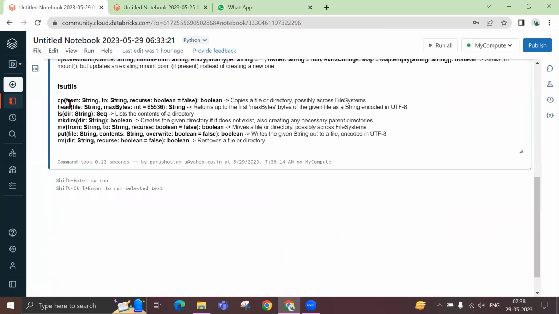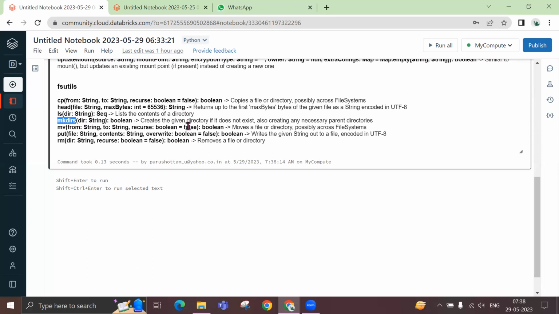So as you can see, we can copy the files. There is a cp option available to copy the files between the directories, and there is another head option available to read the header of the file if you have anything, and ls is available to list out the content of a directory, and mkdirs,